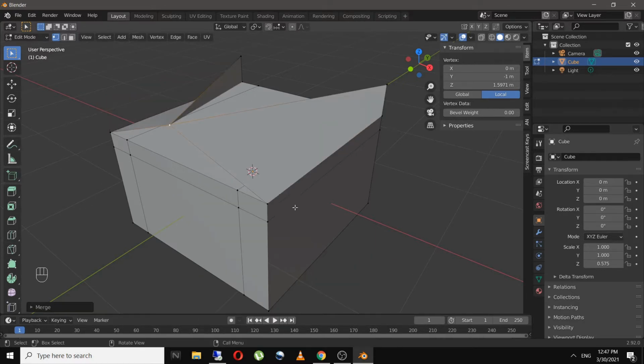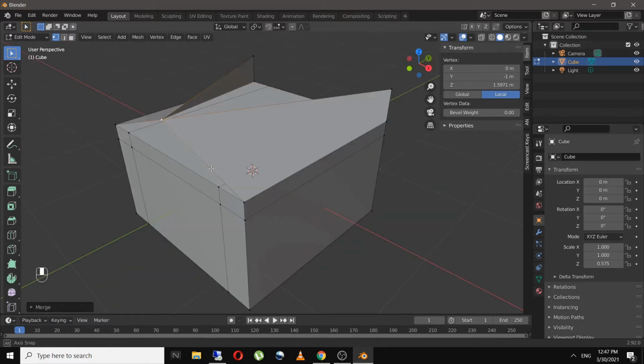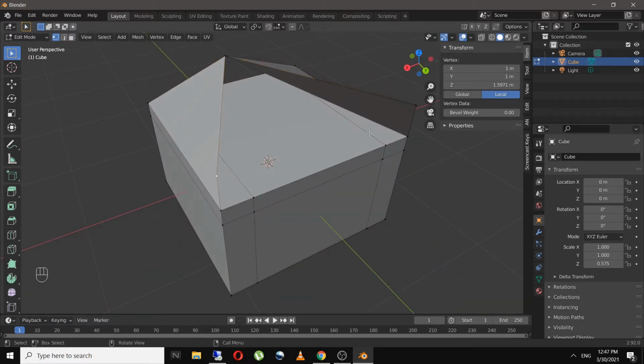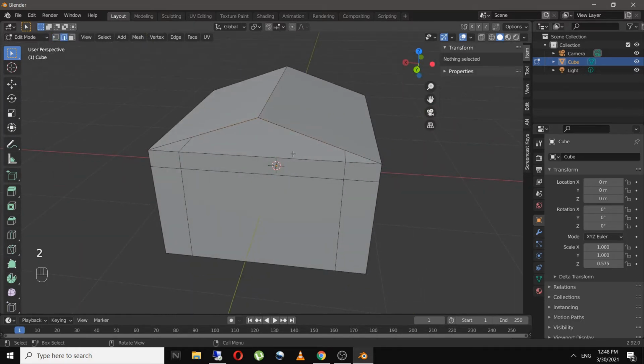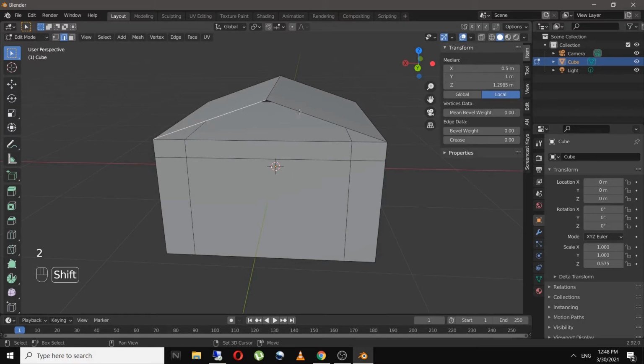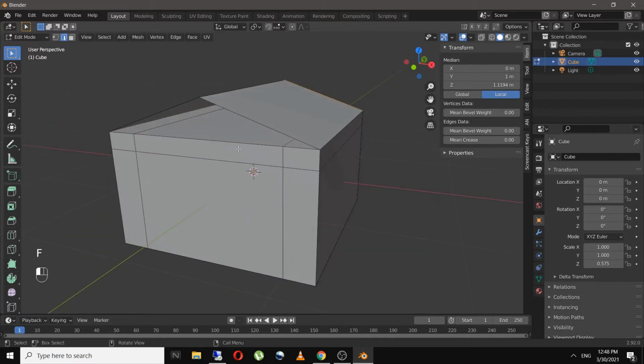So right click on it and you'll see the merge at center, and I'll repeat the same thing for these two vertices by simply pressing M and selecting at center. Now I will select these edges and click on F to fill, and I will repeat the same thing for these edges as well.